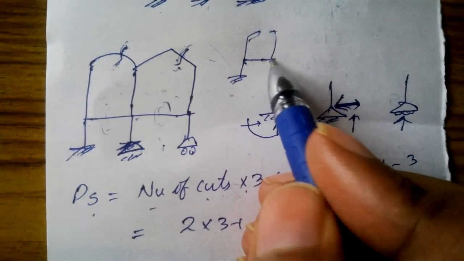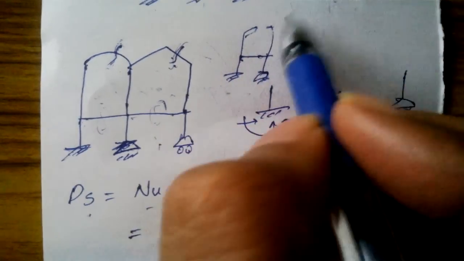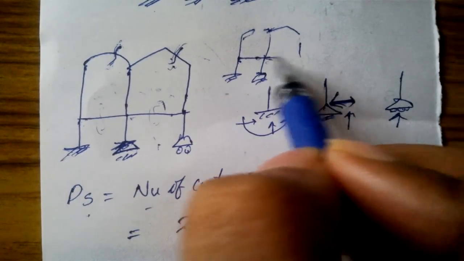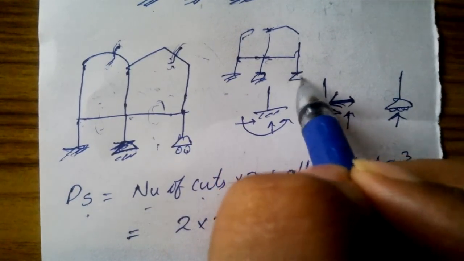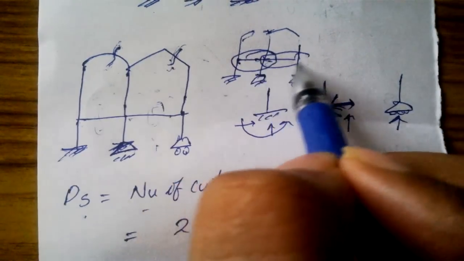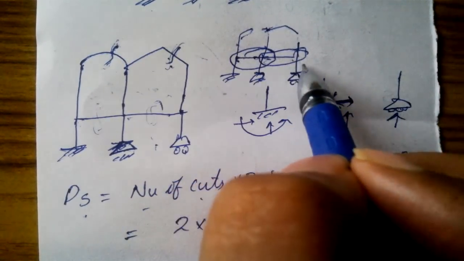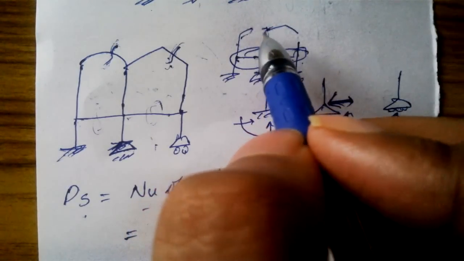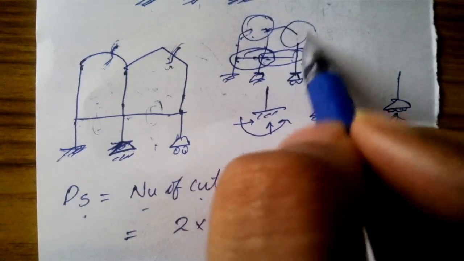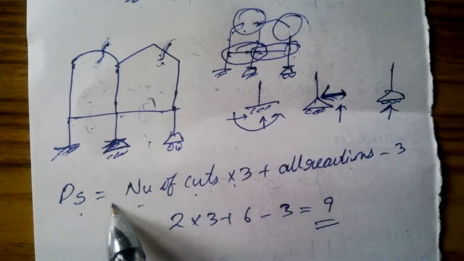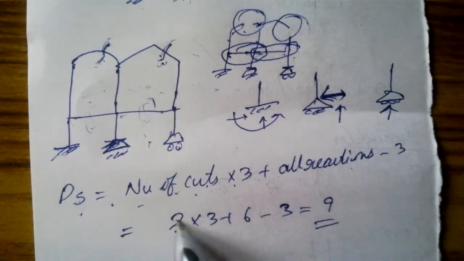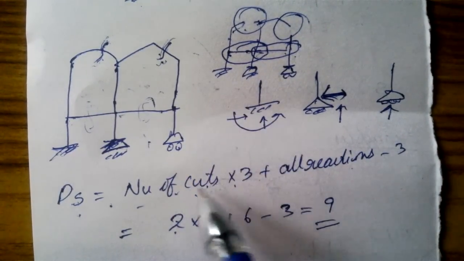This is the way the frame looks after the cut, and here the frame is continuous at this part and this part. These three are continuous, looking like a frame, and the other continuous frames are cut. This is one cut and this is two cut. So degree of static indeterminacy equal to number of cuts, 2, into 3,